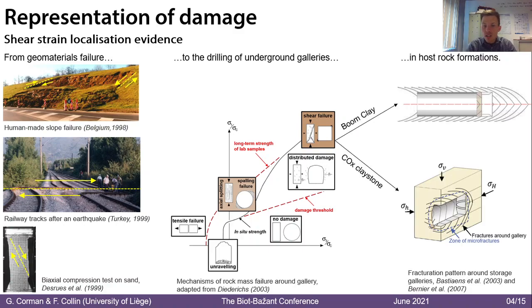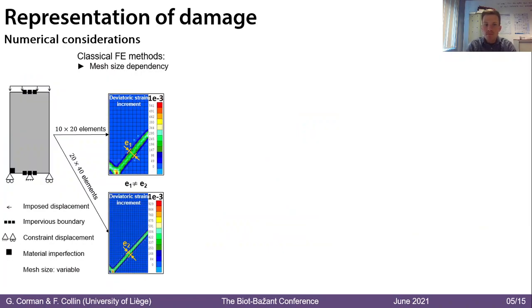In particular, in situ observations in host rock formations like Boom Clay in Belgium or the Callovo-Oxfordian claystone in France attest to the development of extension and shear fractures around the galleries, leading to the creation of an excavation damage zone in the near field. From these observations, it is then necessary to provide modeling techniques capable of numerically reproducing damage as strain localization in